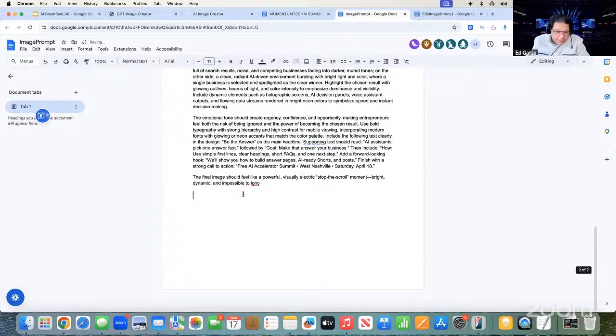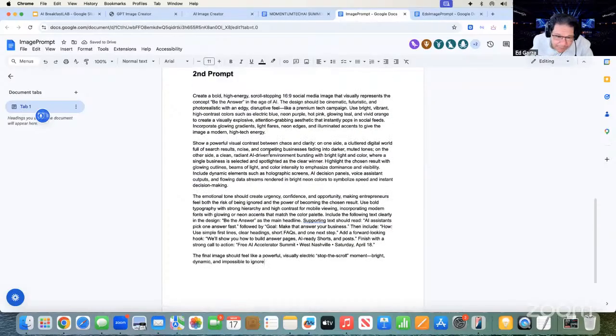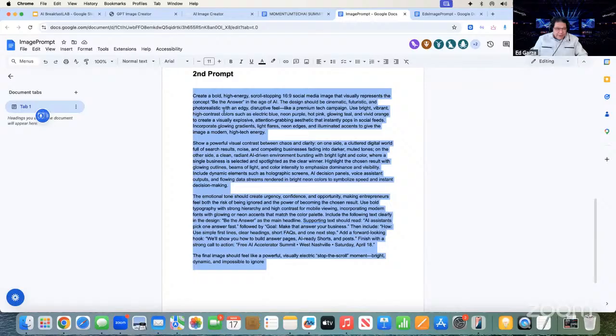You can see it says that the final image should feel powerful, visually electric, stop the scroll moment, bright, dynamic, and impossible to ignore. Yep, there you go. High contrast colors such as electric blue, neon purple, hot pink, glowing teal, and vivid orange to create a visual, explosive, attention-grabbing aesthetic that instantly pops in social feeds. Beautiful. That's very descriptive, that second prompt, right?